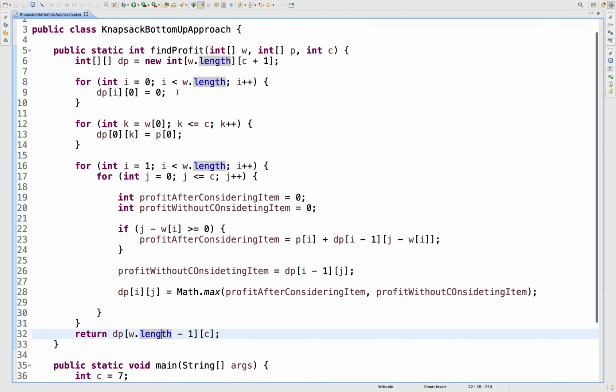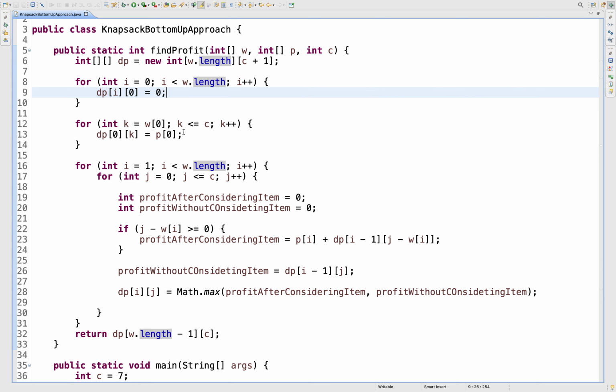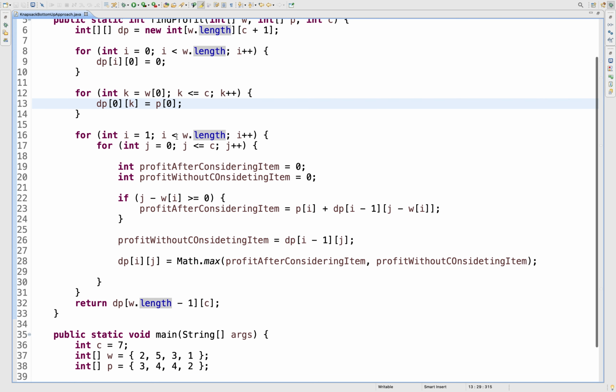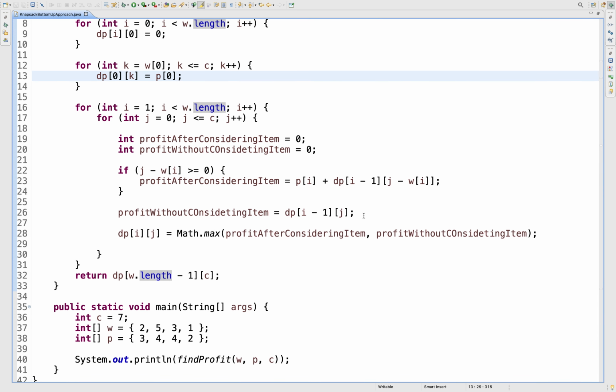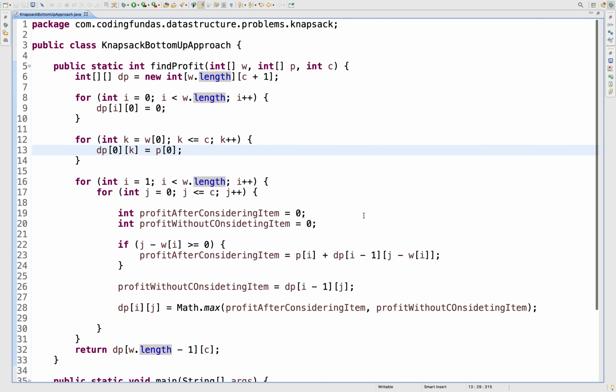First of all, we made the first column 0 and the first row filled with the profit starting from the weight of the first item, and then we start traversing from the first item till the end, and for each capacity starting from 0 till C we are considering the profit values, and I think that should work. Let's run it.